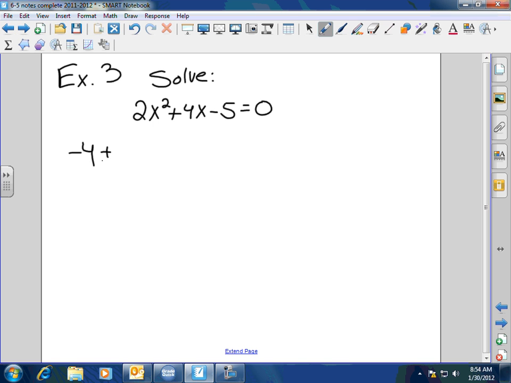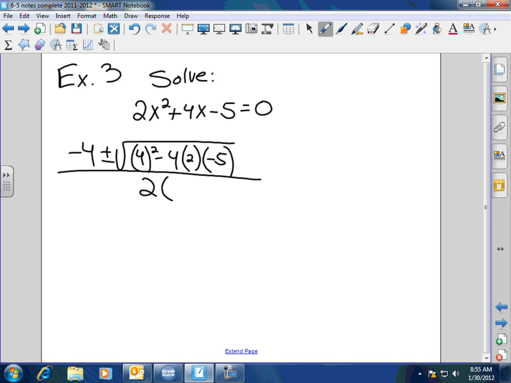Negative b plus or minus the square root of b squared minus 4 times a times c. You with me, guys? Yeah. Divided by 2a. Go ahead and plug that in, please. Okay, from there, you got negative 4 plus or minus the square root of 16 plus 40. So you got square root of 56 over 4,